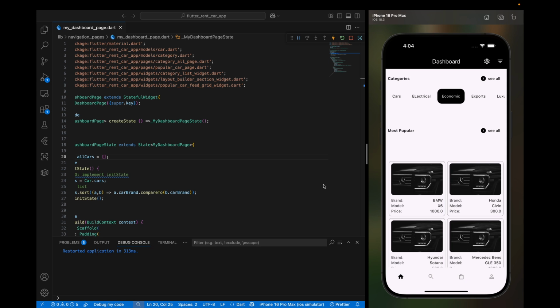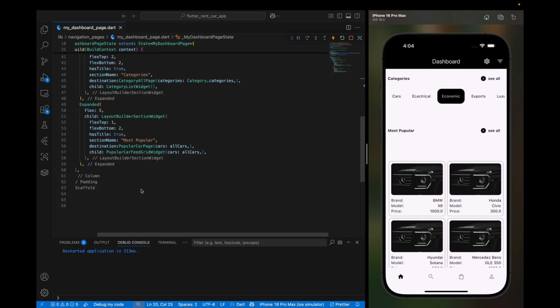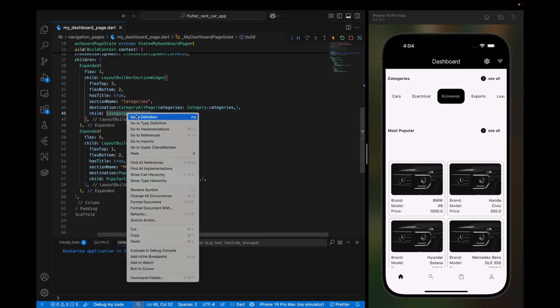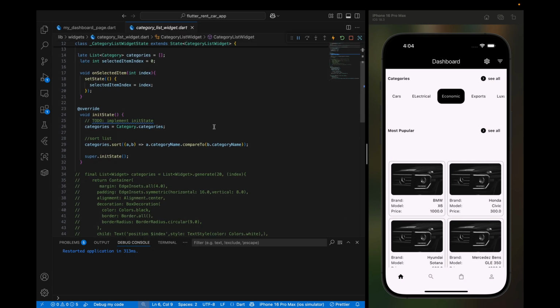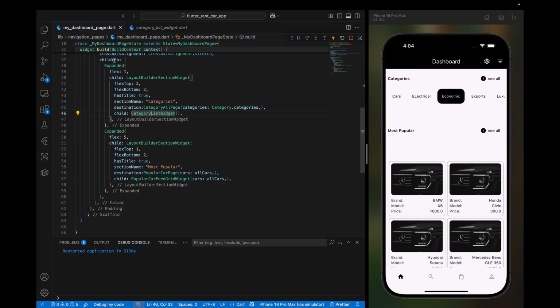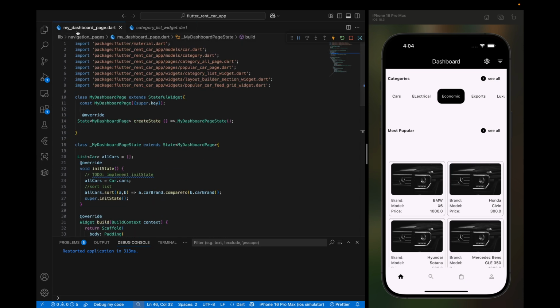But before that, let's make some changes to our application. The first thing I want to do is decouple this category list widget from the data. As you can see right here inside of this init state, we are getting this data inside of this widget. Now let's change it to use dependency injection so we can provide the data from this widget right here, my